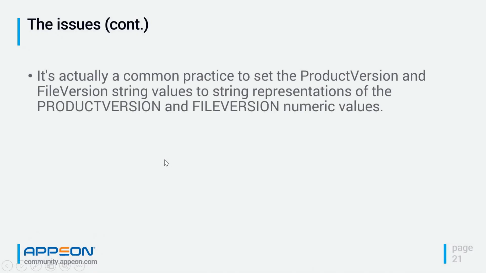Now, it's a common practice when you set your product version and file version that you set them both to a series of 4 numbers. And if that is the way you do your version information in your executables today, then the file version is not really an issue because you're going to be passing 4 numbers anyway, and both the string section and the numeric section will get those 4 numbers. The only problem you may have is with the product version because it never gets set to anything other than